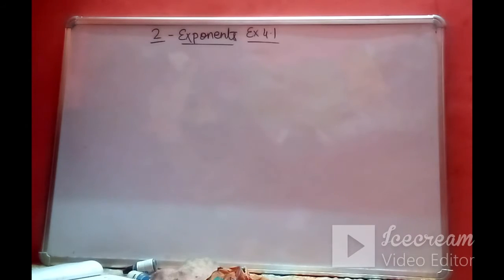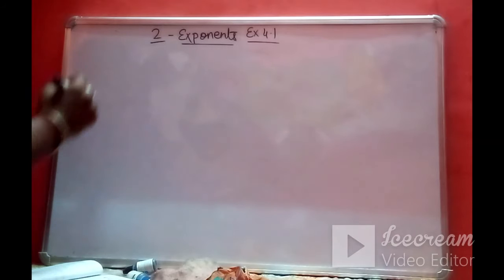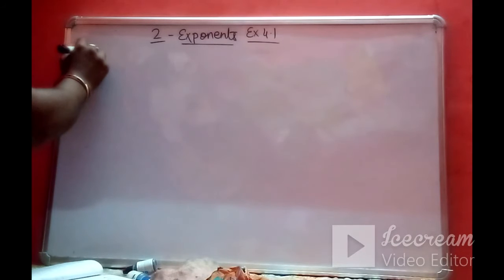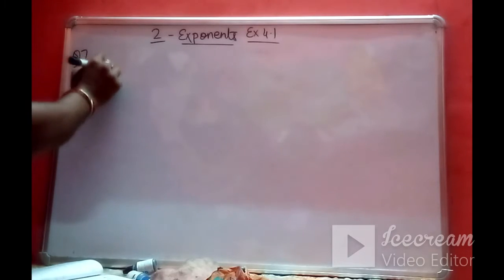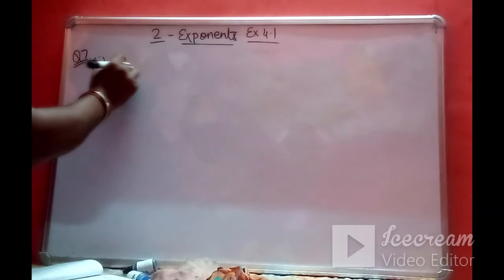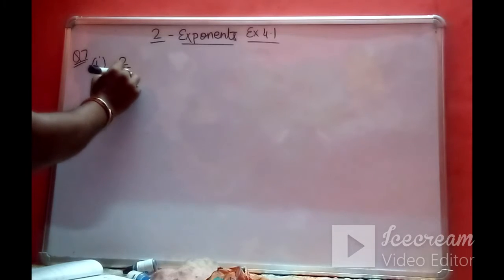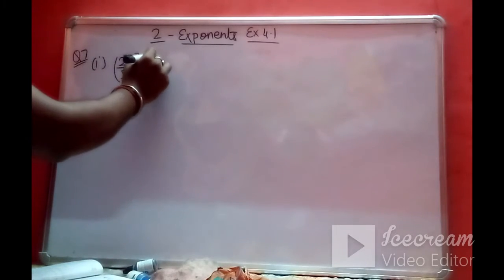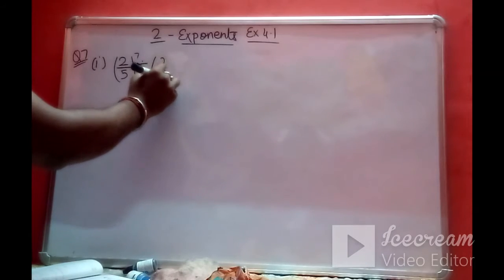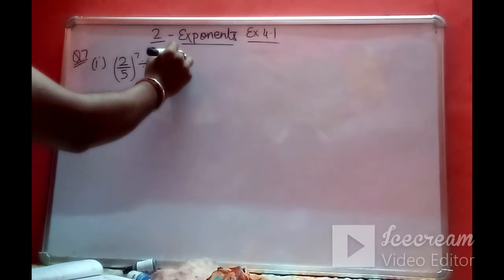Okay, so we have discussed till question number 6. Now today we will discuss question number 7 onwards. So in question number 7, the very first question is we have to simplify (2/5)^7 divided by (2/5)^4